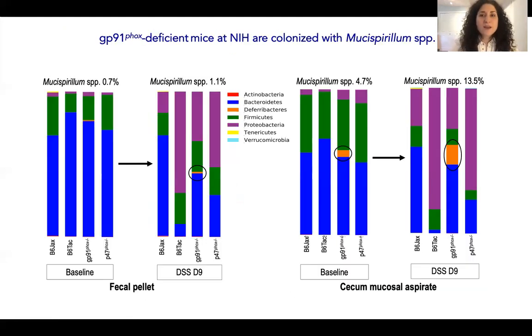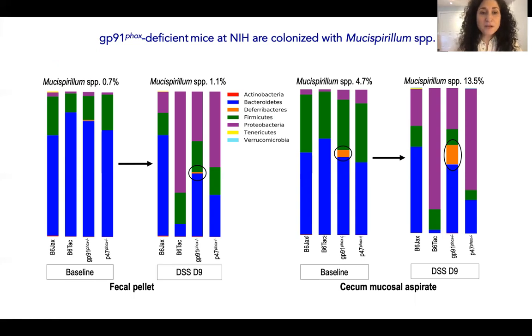So at this point, we decided that it was time to really have a look at the intestinal microbiota in our wild-type mice and our mice with CGD. And these are the colonies that were maintained at the NIH. And what we found, much to our surprise, was that GP91 knockout mice only were colonized or showed at least enrichment for bacteria in the Deferribacteres phylum. And when we took a closer look, we saw that, in fact, that entire phylum was accounted for by one bacterial species, which was